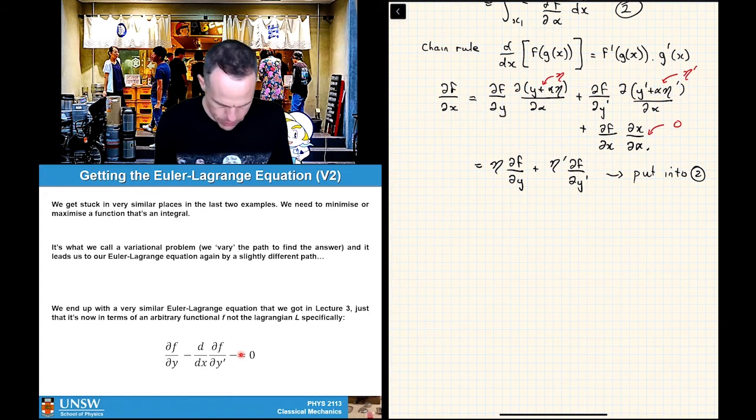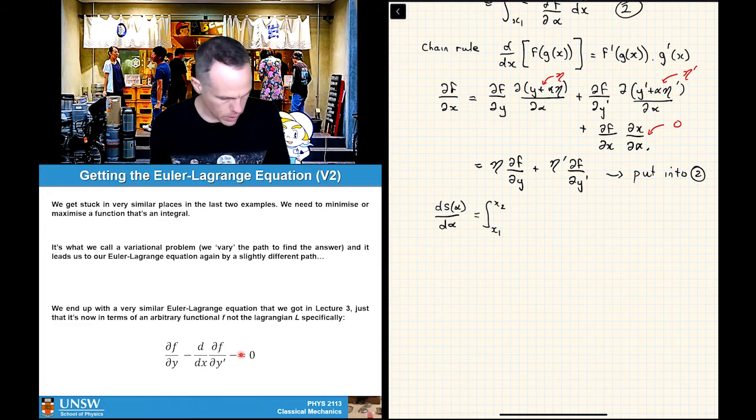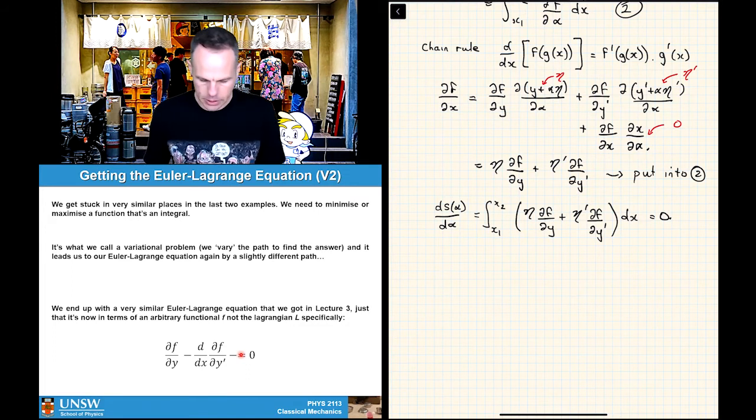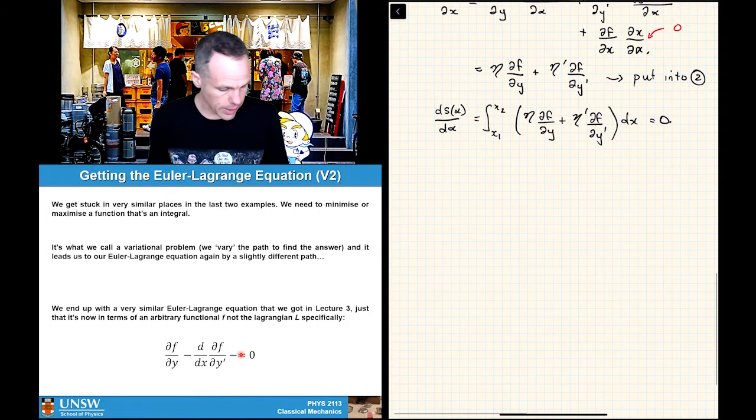So what we have is dS of alpha on d alpha is equal to the integral from x1 to x2 of eta df on dy plus eta dash df on dy dash, dx, equals 0, okay? And that equals 0 on the end is basically because we're looking for a minimum, right? We're trying to find the case that minimizes this. And the thing that we have above is going to hold